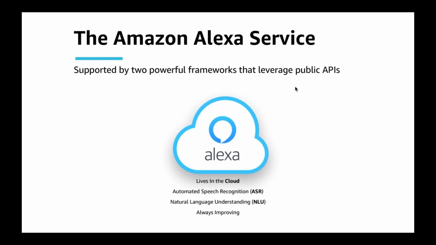And then NLU, which is natural language understanding, really takes the results from the ASR engine and then tries to figure out what the user was trying to do with it. So if I say, Alexa, what's the weather? It tries to figure out what the intent really was, which in this case is I'm trying to find out what the weather is. And then it passes it on to whatever skill or capability it needs to be transferred over to, and then you get the result back.